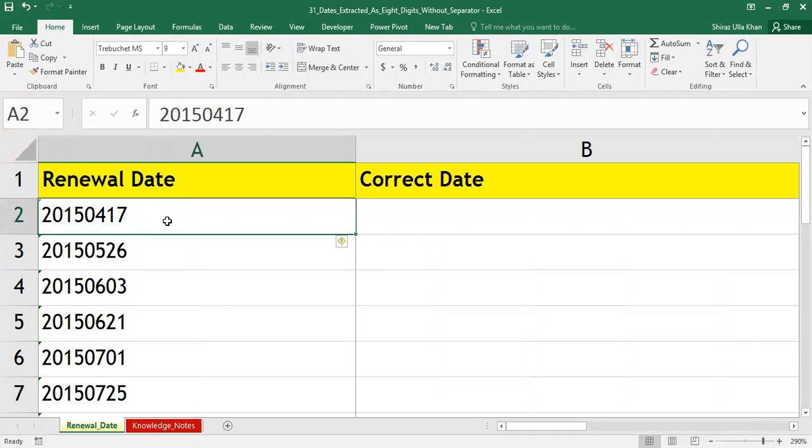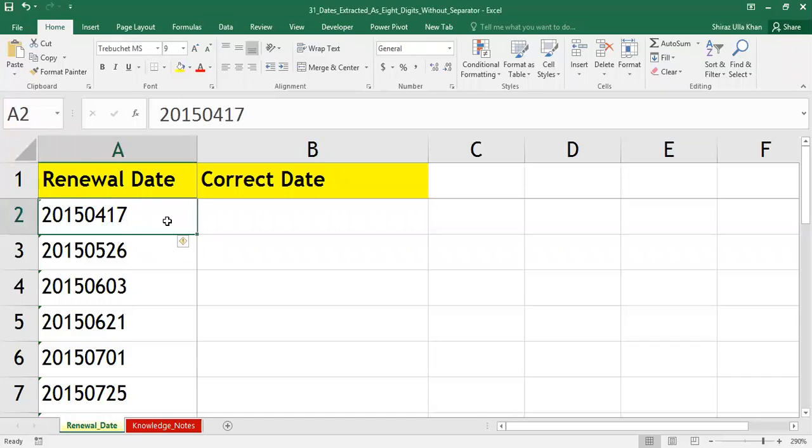Okay, but if this date is a number, you will get a positive number behind this date. I'll press Control tilde again, and now let's start the process of converting this from text using the text to columns utility to achieve two things. One, I need to have a separator, and two, I need to convert this date into a proper number. And the format, people, here is year, month and date.